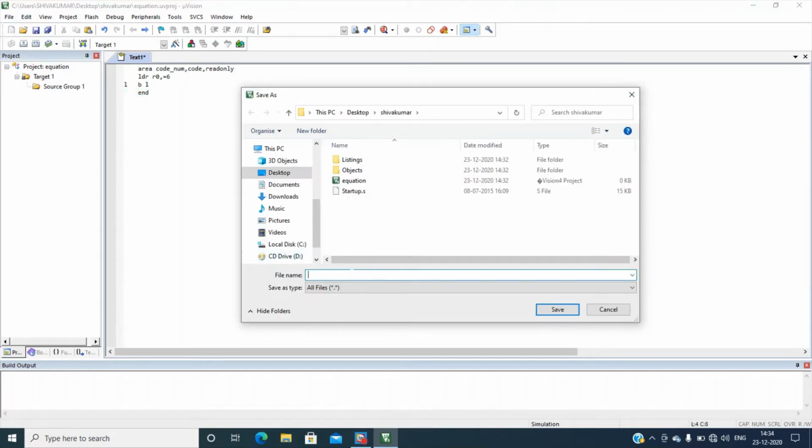Equation_1.asm. I have to save the file with the .asm extension. Equation_1.asm, save.